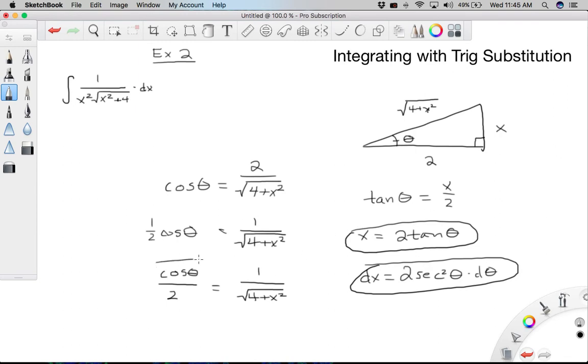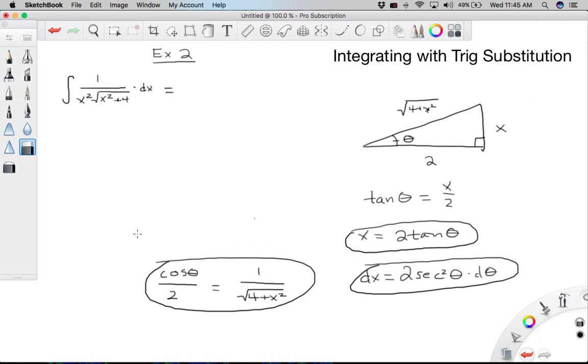So I believe the 3 pieces that I've circled are the 3 pieces that we're going to need to substitute into this integral here at the top. So I'm going to erase everything that we don't need. I'm actually going to keep the triangle this time because it turns out we're going to need that again at the end, right? Okay. So we have